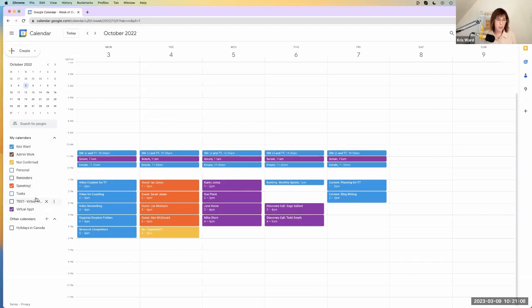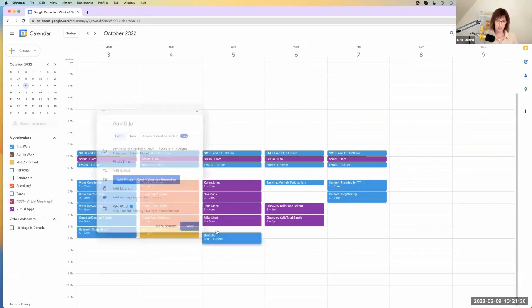When we go in there, we can check it off. We can pick the color we want it to be. I personally, there's a lot of psychology to colors. I think the more important stuff, I make it bolder. Like my performance ones are orange, my virtual meetings are purple, and then I kind of pick softer colors, but you do what you want. So let's say here, we're just making this red, a funny kind of red. So then we go here and that's it.